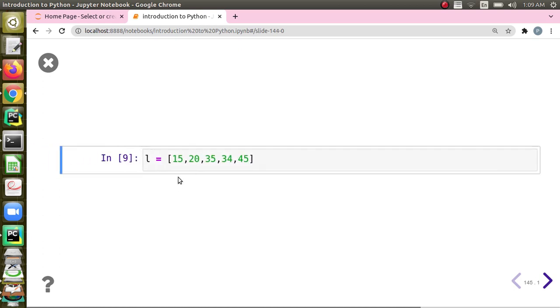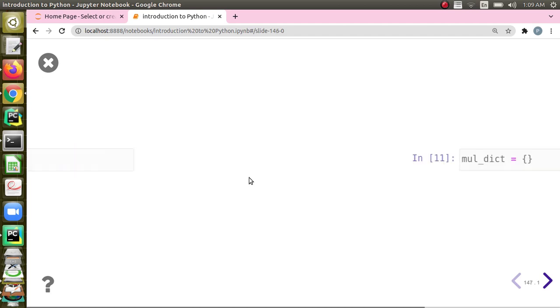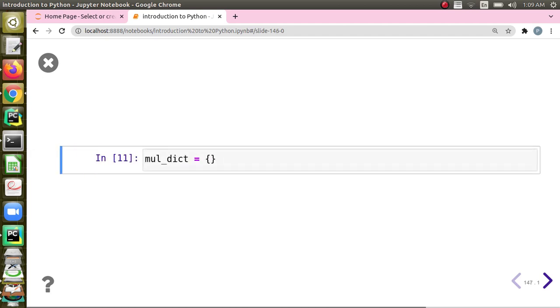For example, in this list, 2 has 20 and 34 as multiples, or I can say that 2 is a factor of 20 and 34, and 5 is a factor of 15, 35, 40 and so on. So I am going to build such a thing. I can do it like that also.